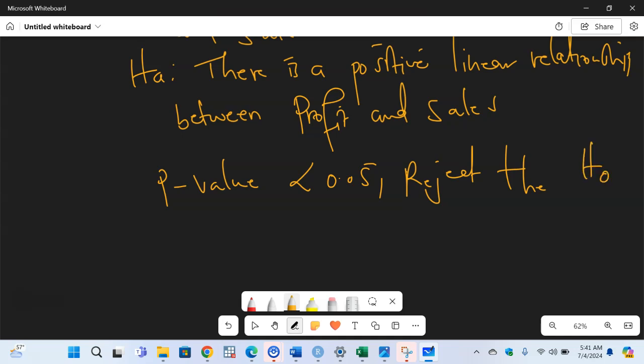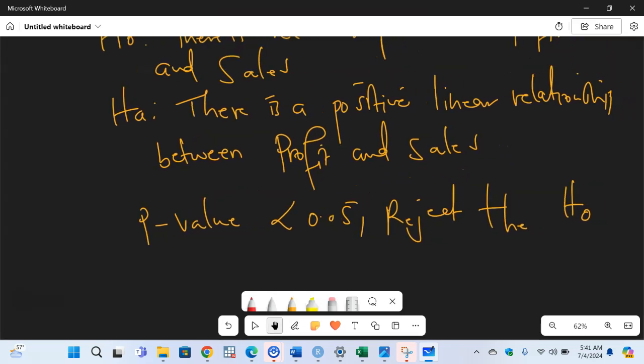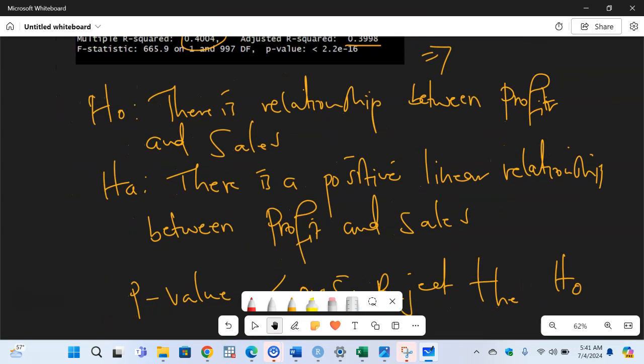So by us rejecting the null, we're trying to imply that there's no way we can say there's no linear relationship. Normally the null is a negation, so there's no. So by us rejecting, we're saying there's no way we are saying there's no relationship between profit and sales. We have seen that, and we've seen the p-value is less than